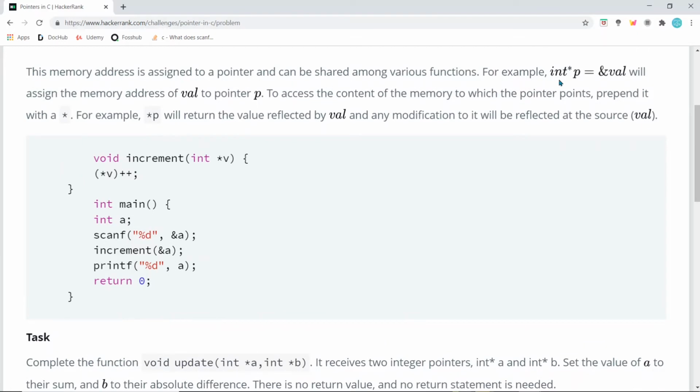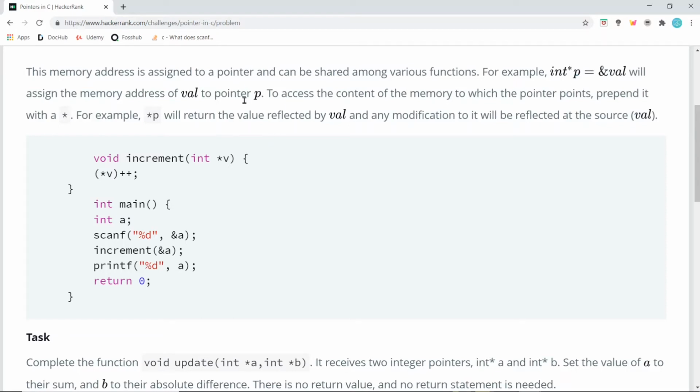For example, int *p = &val will assign the memory address of val to pointer p. So whenever you put a star, you should know that this is a pointer. This is not just an integer type variable, this is a pointer, and the address of variable val is stored inside p.